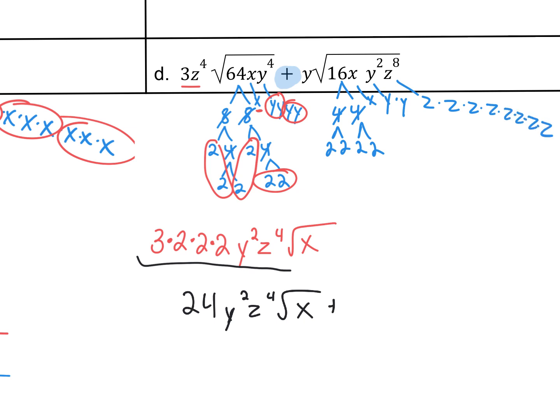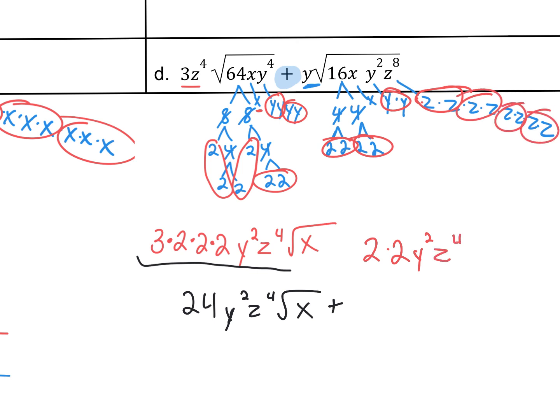So, 1 group of y is already on the outside as well. So again, groups of 2, got 1, 2 groups of 2, so 2 times 2. Looks like the x is not breaking out, but we got 1 group of y joining that group of y that's already on the outside, so that becomes y squared. And then we've got 1, 2, 3, 4 groups of z. And again, the only thing left on the inside is just that lonely x. So we clean this term up. 2 times 2, y squared z to the 4th would just be 4, y squared z to the 4th,